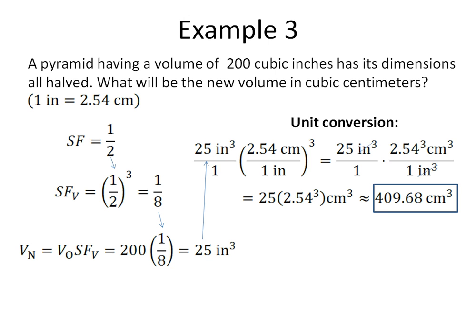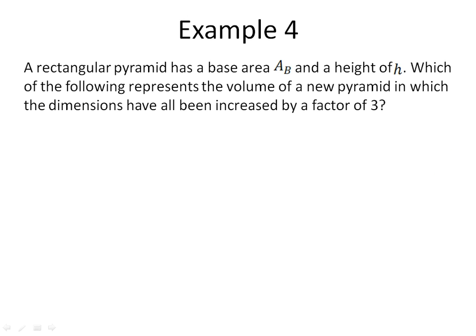Okay, let's look at example 4. Example 4 says a rectangular pyramid has a base area A of B and a height of H. Which of the following represents the volume of a new pyramid in which the dimensions have all been increased by a factor of 3? Okay, so once again, what the whole thing comes down to is